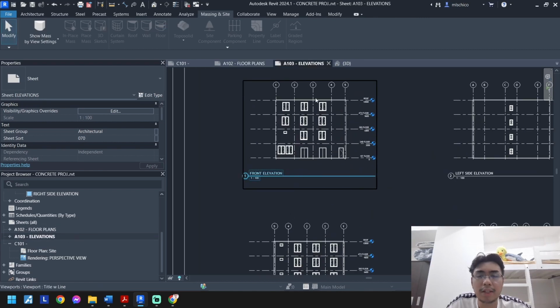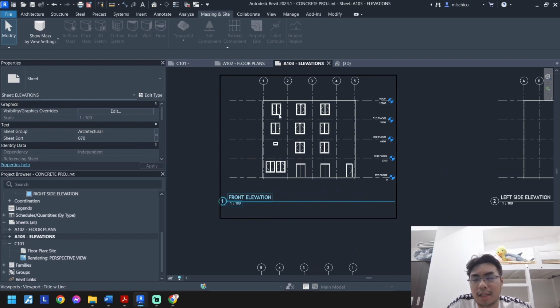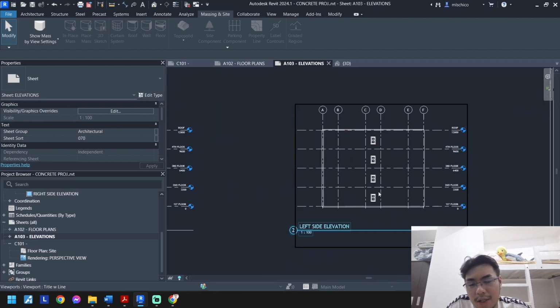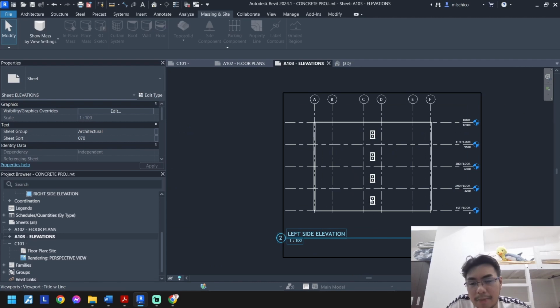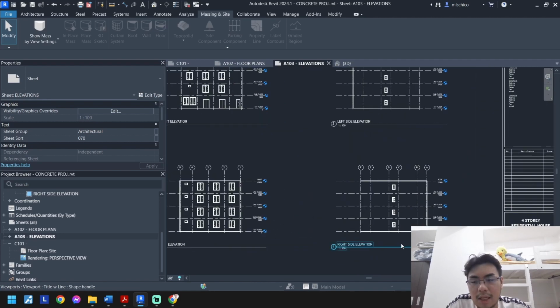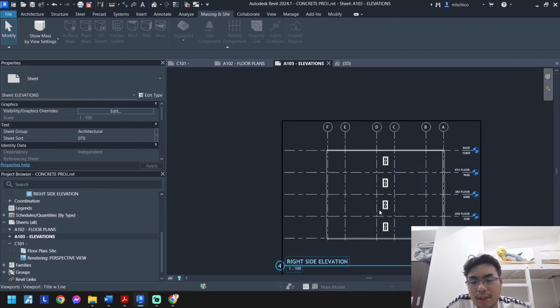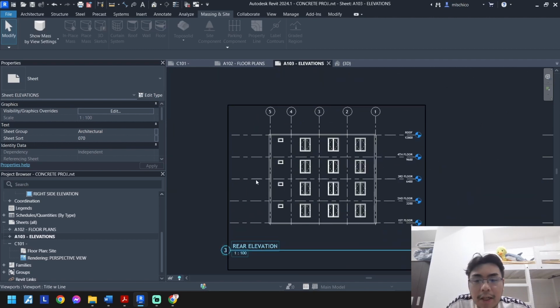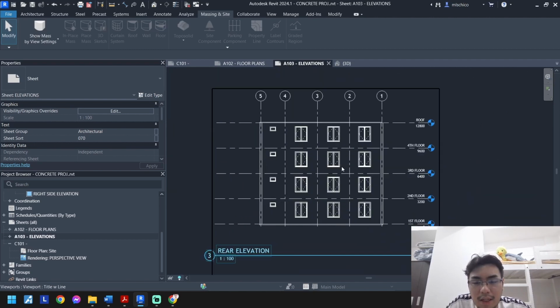For the front elevation, as you can see, it's boxy in design. So it has a lot of windows, and here is the fire exit. For the left side elevation, there is a corresponding window for the hallway. Same as the right elevation, there is also a window in the hallway or corridor for the airflow. And for the rear elevation, here is the elevation as well.